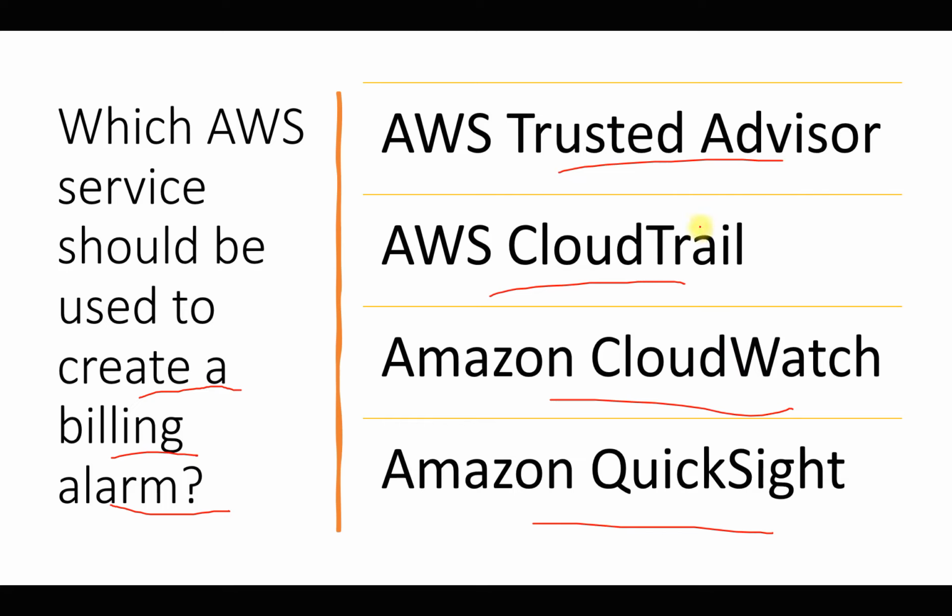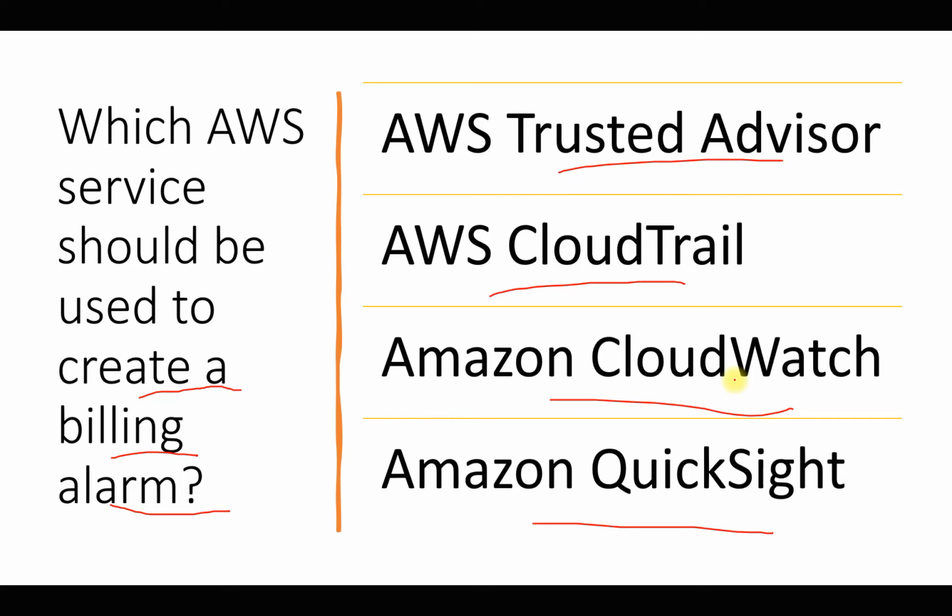If we talk about AWS Trusted Advisor, it's an online tool that provides us real-time guidance on how we can improve our infrastructure, or how we can provision our resources following the best practices provided by AWS. So it's an advisor service. Next, we have AWS CloudTrail. AWS CloudTrail logs API activity, whatever actions are taken through APIs, it records them, and we can't use it for any performance or billing metrics.